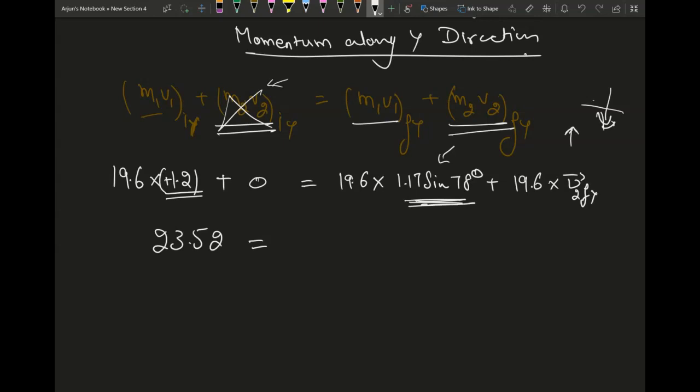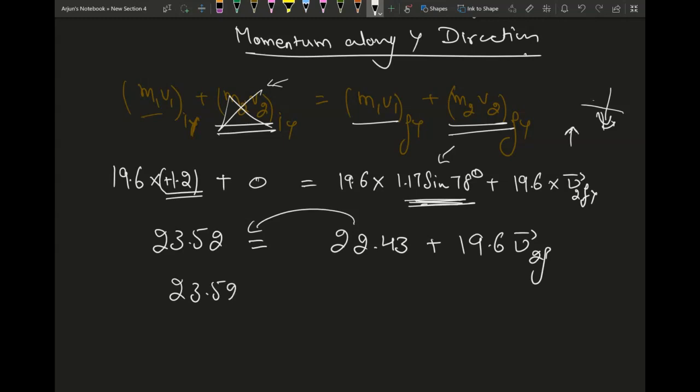19.6 multiplied by 1.17 sine of 78, which is 22.43 plus 19.6 V2 final. And then this is going to go on the other side, 23.52 minus 22.43 equal to 19.6 V2 final. Dividing both sides by 19.6,